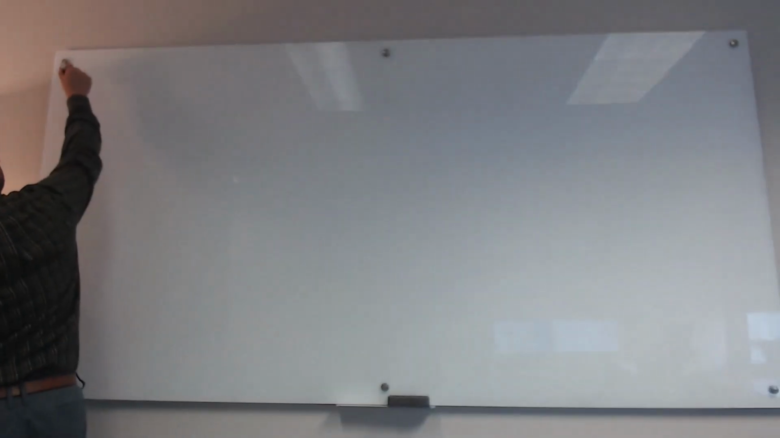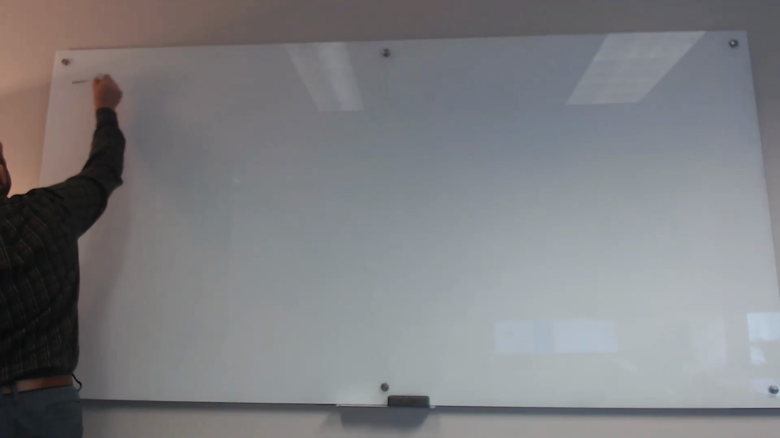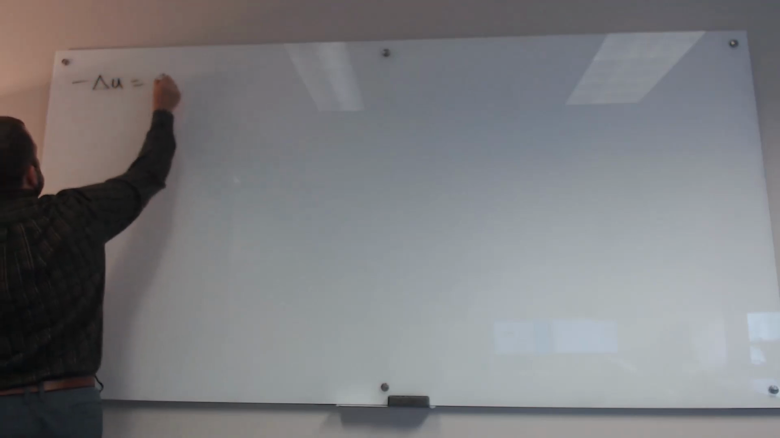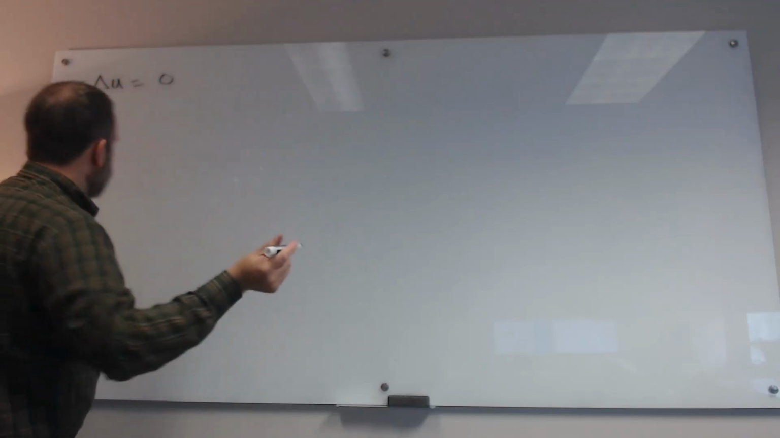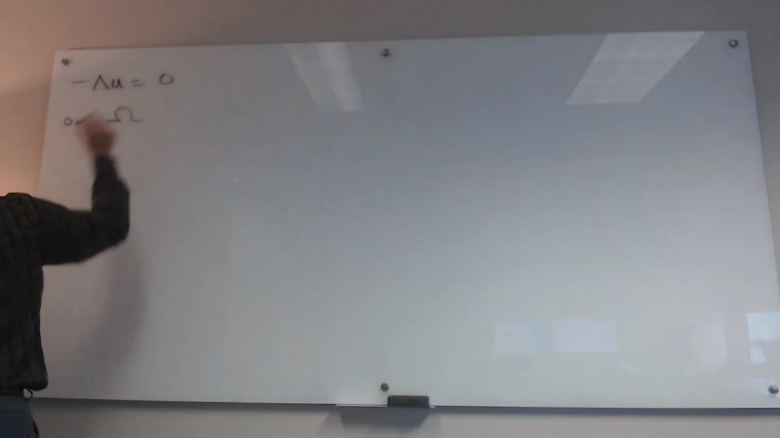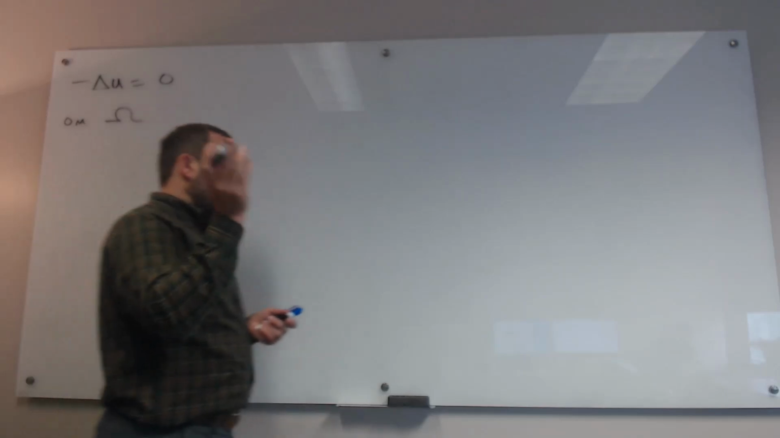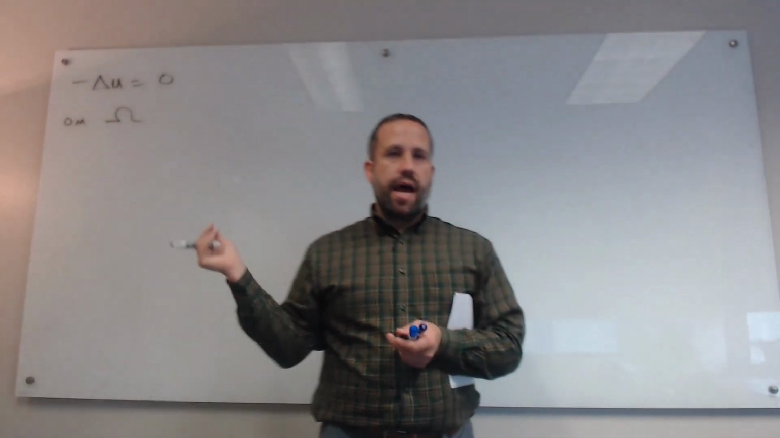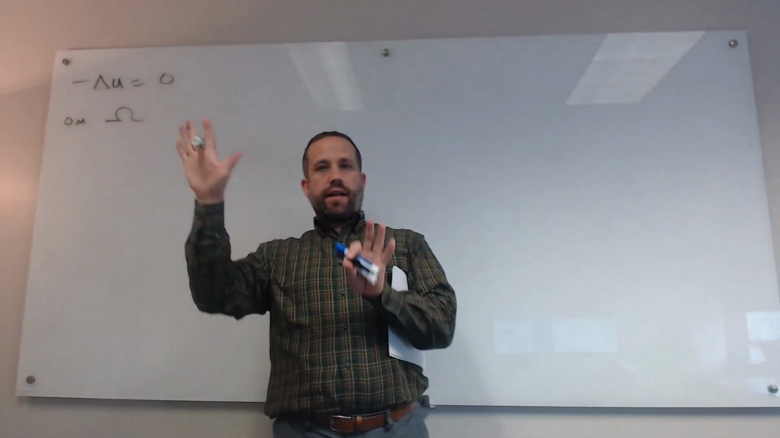Okay, so I want to talk about, we're going to go back to Laplace's equation now. If you remember Laplace's equation, this just says minus Laplacian u is equal to 0. And typically we specify some domain, so like on the domain omega. And basically we're always going to assume that omega is a nice domain, meaning it's connected, doesn't consist of two